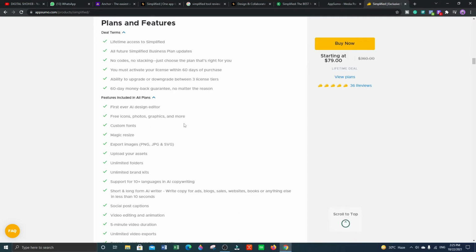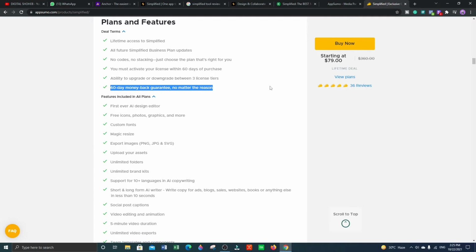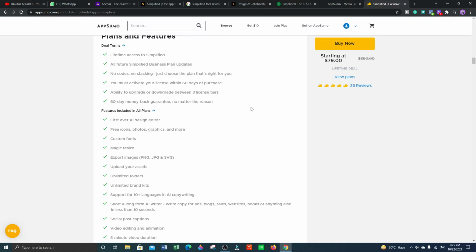Lifetime access you will get, all features, Simplified business plan updates, no codes, no stacking, just choose the plan that's right for you. And one more best thing, they are also giving you a 60 days money back guarantee, no matter the reason. If you are not satisfied with this tool, you can get your refund, right? And they are giving you two best features in this tool: one, graphic designing, and second, you can create AI content, right?